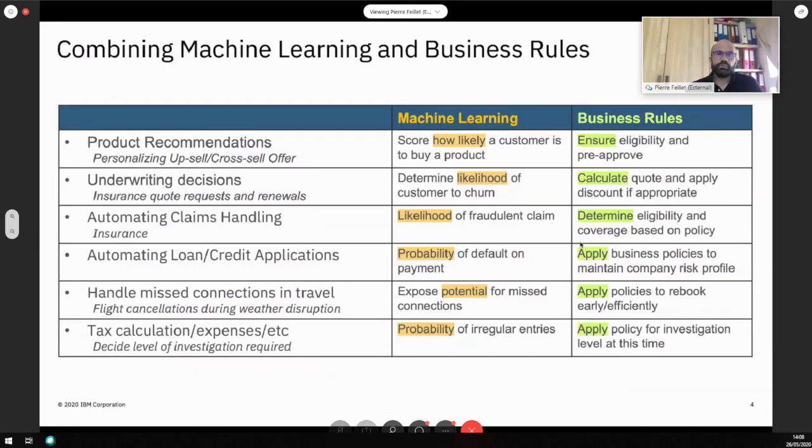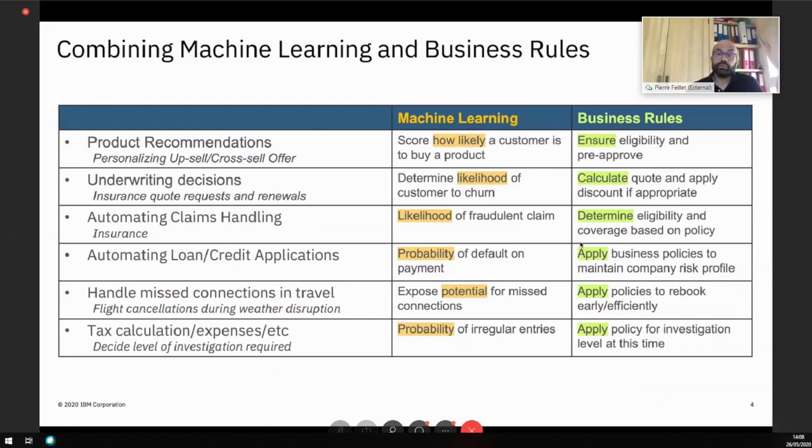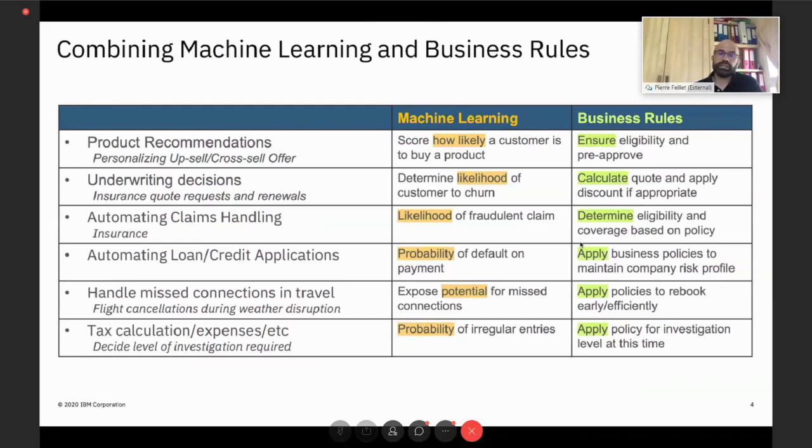So zooming into a few of these decision automation use cases, we see, for example, product recommendations, underwriting decisions, and so on. And we start to see side by side what we can accomplish today for our customers with machine learning and with business rules. And so basically what we do with machine learning, as introduced before by Francis, is that we are scoring, we are estimating